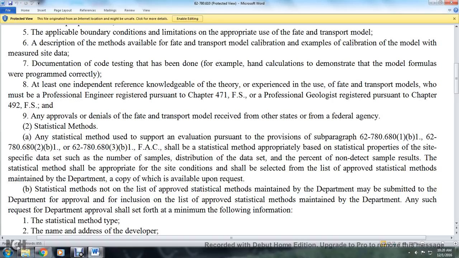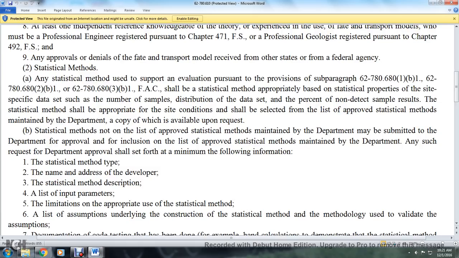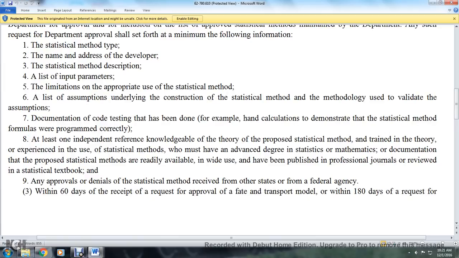Statistical methods not listed in the list of approved statistical methods maintained by the Department may be submitted to the Department for approval for inclusion on that list. Any such request for Department approval shall set forth the following minimum information. One, statistical method type; two, the name and address of the developer; three, the statistical method description; four, a list of input parameters; five, a list of limitations of the appropriate use of the statistical method, a list of assumptions underlying the construction of the statistical method, and the methodology for validating the assumptions; seven,